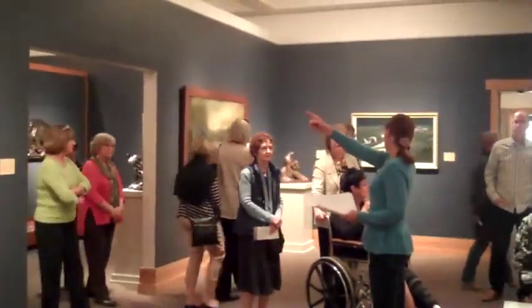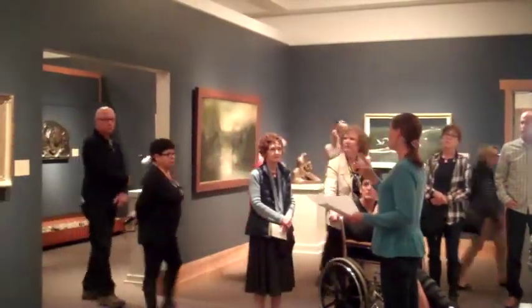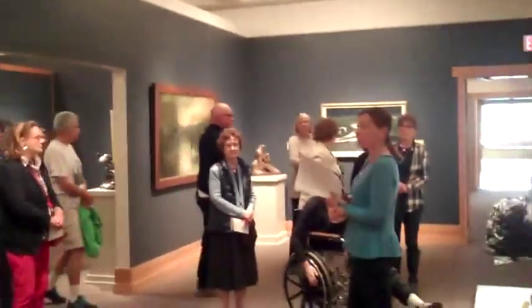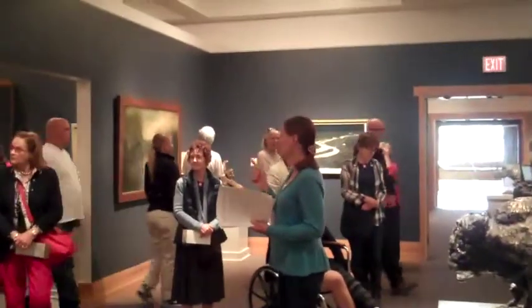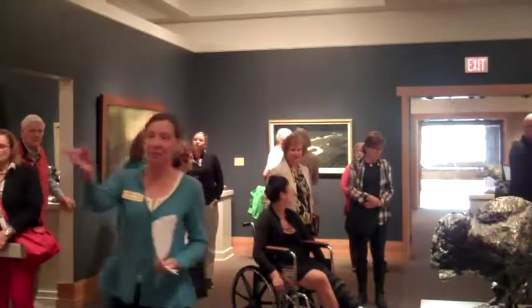So we started with one of the older pieces in the collection, and then as you come through the other spaces, in this room you see some of the much more contemporary pieces by living artists. And so that's the thinking behind the arrangement. It is a chronology. But come all the way down here, and I want to show you one that relates